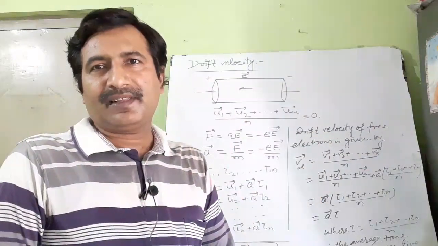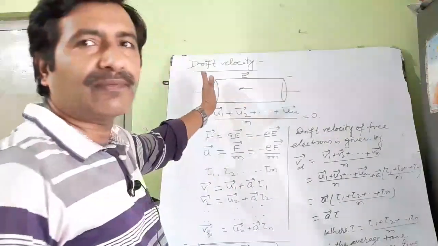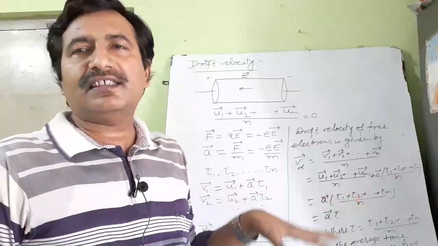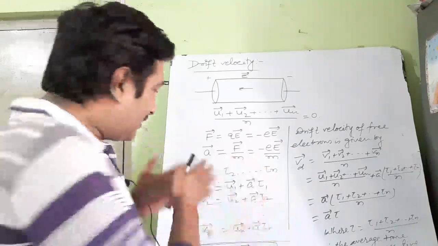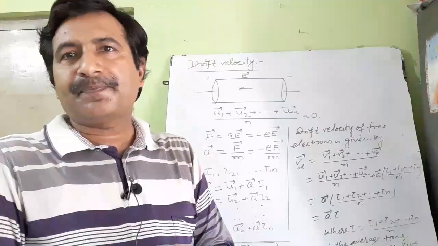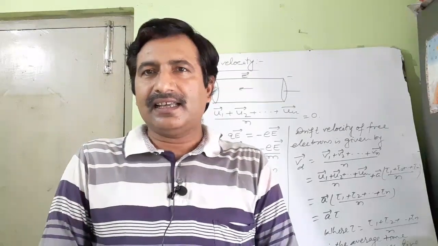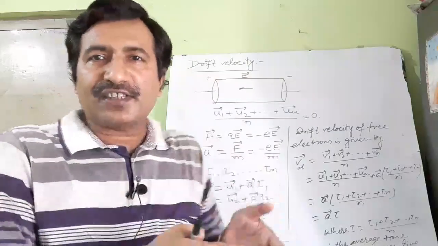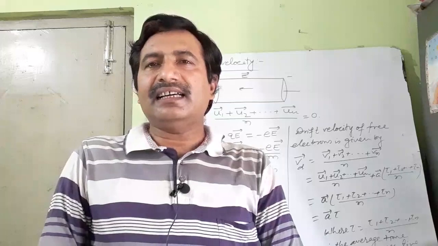Hence electrons drift from the negative to the positive end of the conductor with this velocity Vd = minus eE tau/m, and this helps free electrons constitute electric current. It means this drift velocity is related to electric current. Hence we can find the relationship between